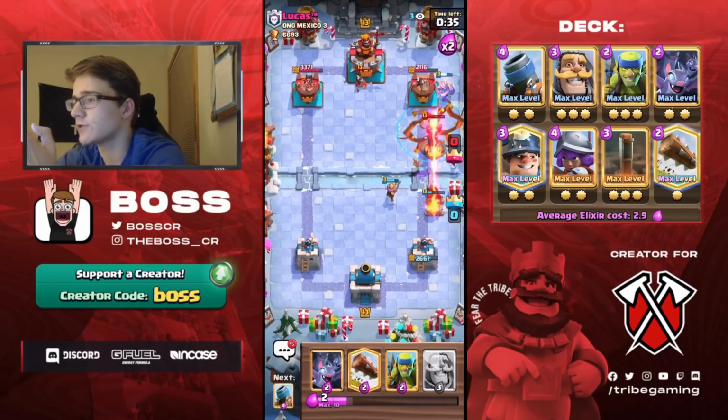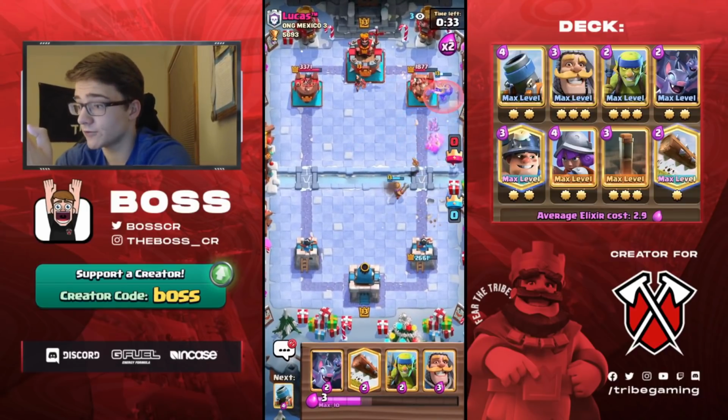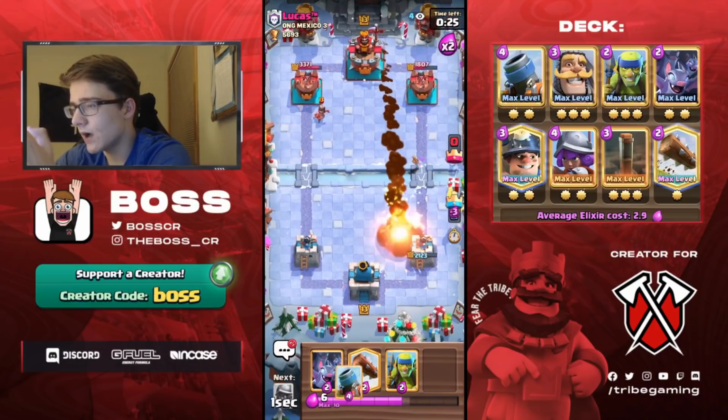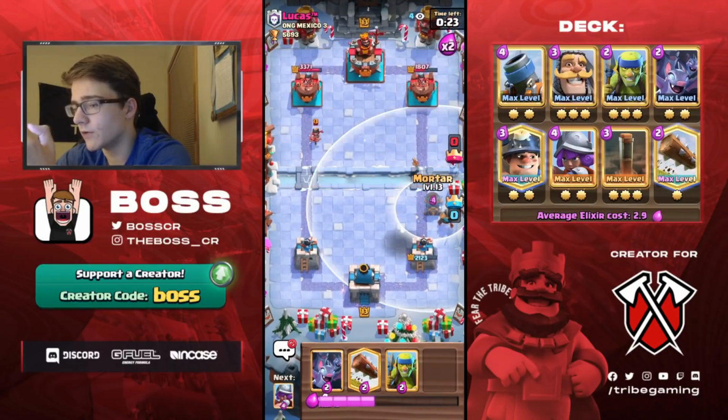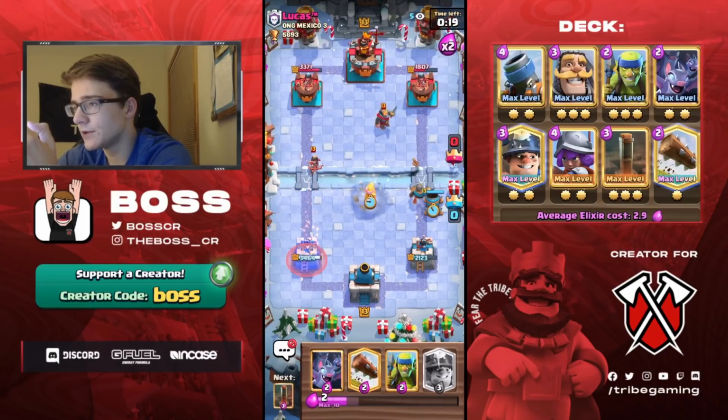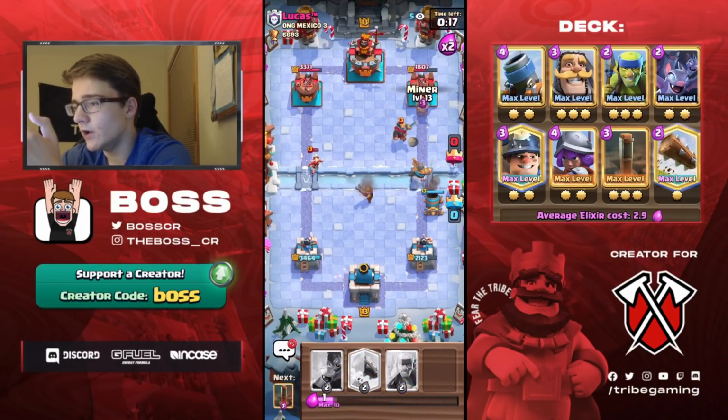We're forcing a lot of Elixir out of him on defense, and if he goes in for Rocket Cycle, he's not going to be able to defend our next Mortar push, so I just have to keep that in mind. So there's the Rocket. I'm just going to go ahead and cycle my Knight. I'm going to go for a Mortar, and then I'm just going to go for a Musketeer to snipe this Princess, and we should be able to get a good amount of damage here, knowing that he's pretty low on